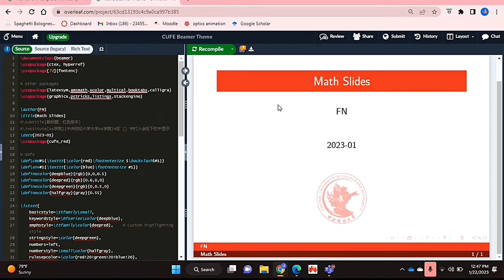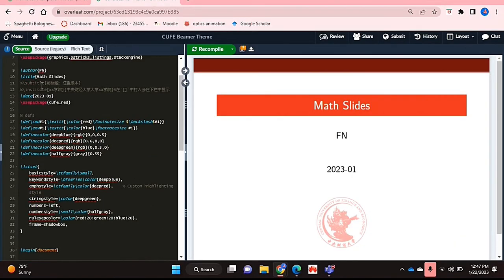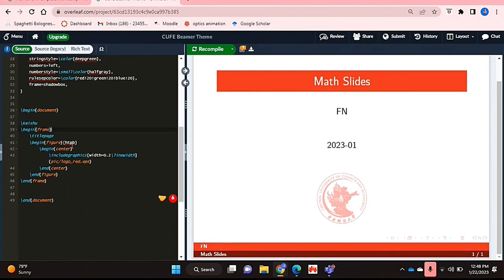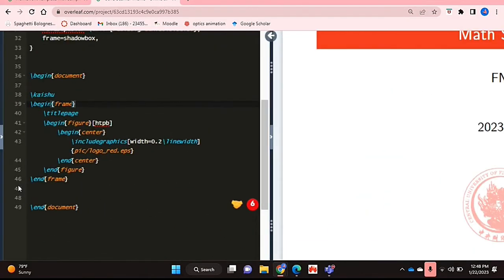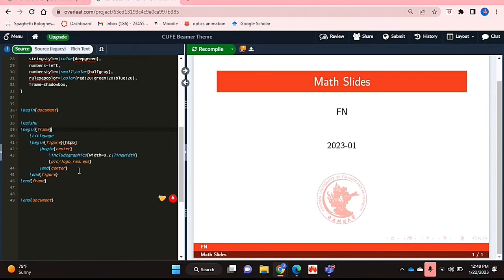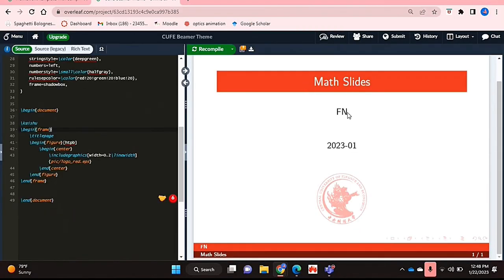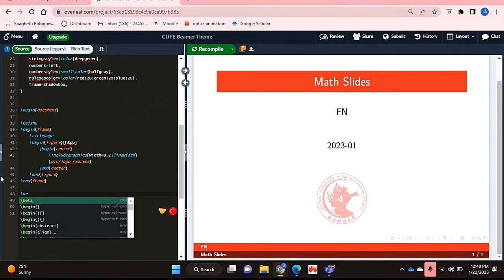So I've basically just edited the title, as you can see, and the author. And so I've basically removed everything inside the document environment except for this first frame, which is the first slide. And we've included the title page there where all of this comes into play. And that's basically it. If you wanted to then move on and create a new slide, what you're going to